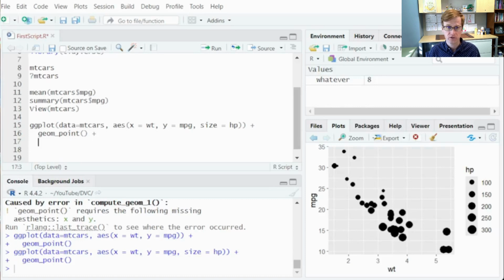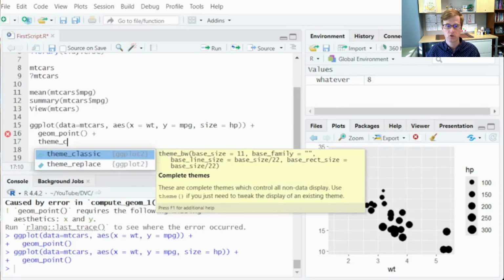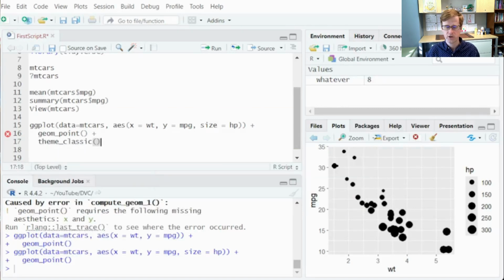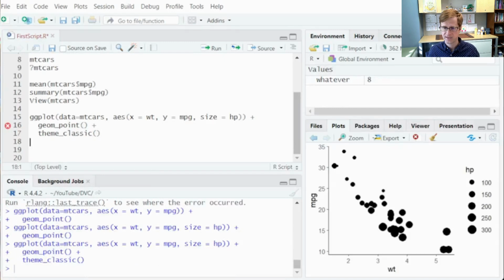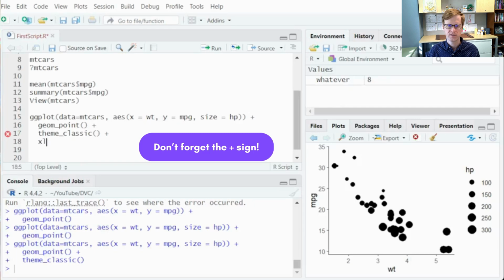I'm going to hit enter, give a line return, and I think theme_classic is nice. Very clean, very classic as the name suggests. So now we get rid of the background. Looks pretty good. Let's also make our axis titles a bit more informative. So instead of MPG and weight or WT, let's actually spell them out so the user understands it a little better. So let's say xlab